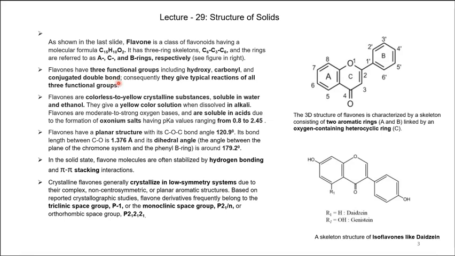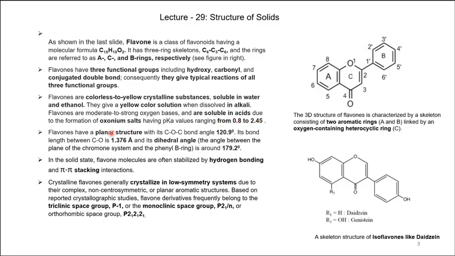So it gives typical reactions of all 3 functional groups. Flavonoids are colorless to yellow crystalline substances which are soluble in water and ethanol. The solution gives a yellow color when dissolved in alkali. Flavonoids are moderate to strong oxygen bases and are soluble in acid. And you can see that the pK value is about 0.8 to